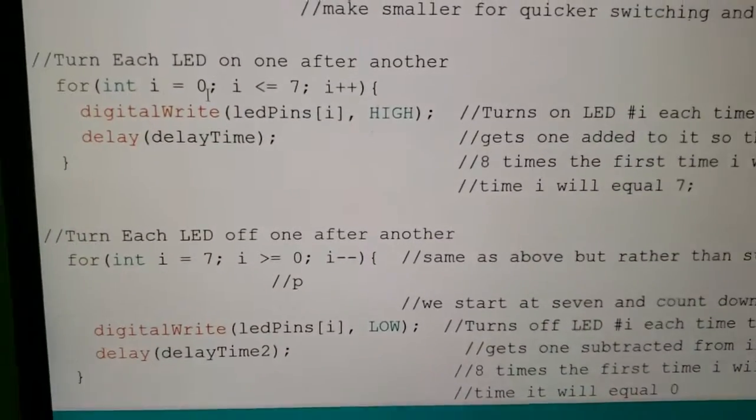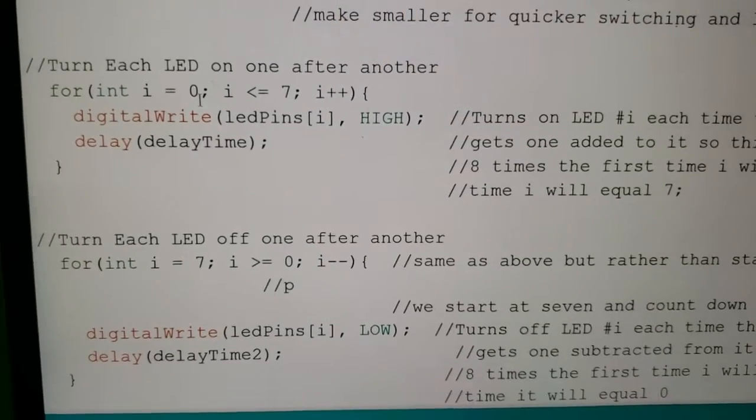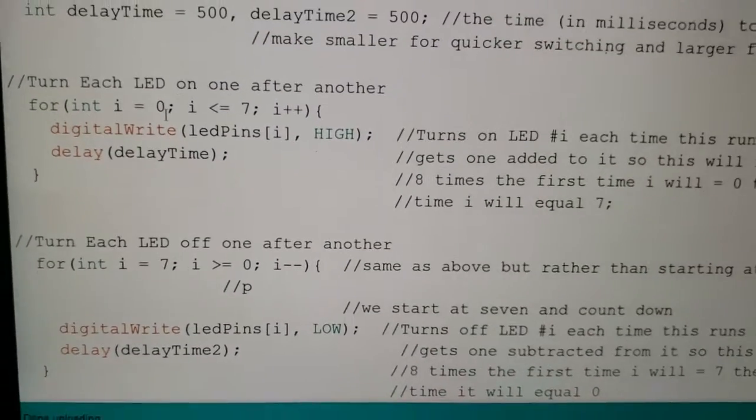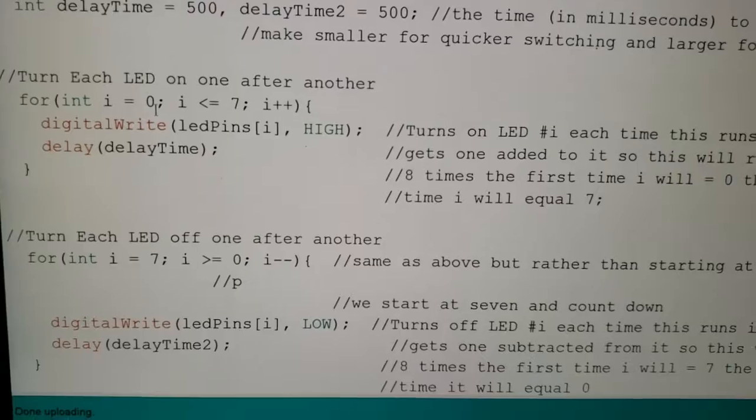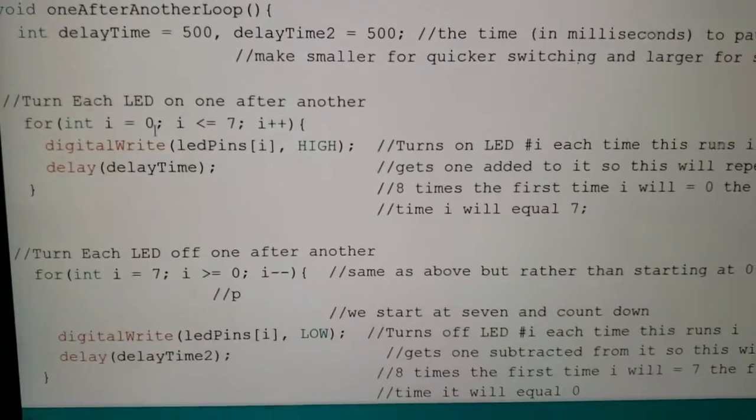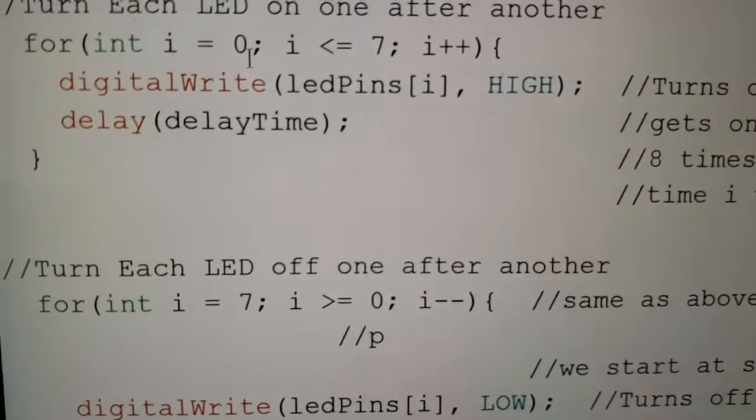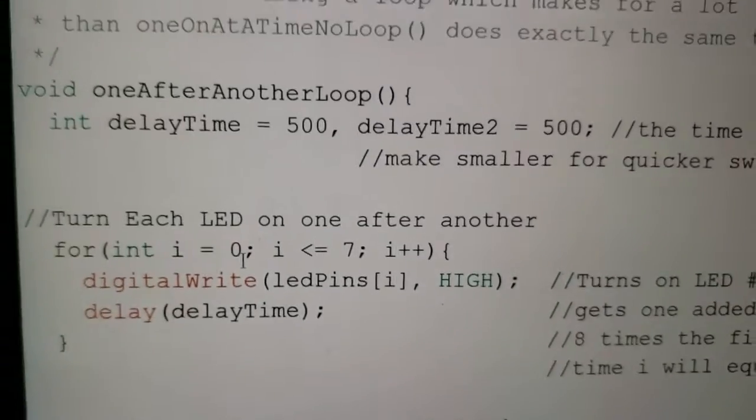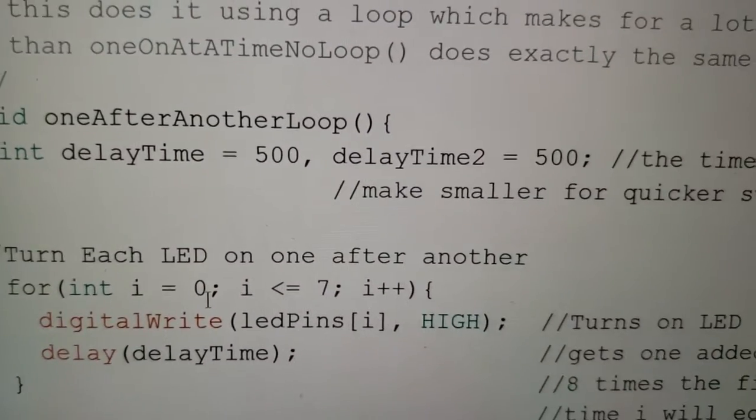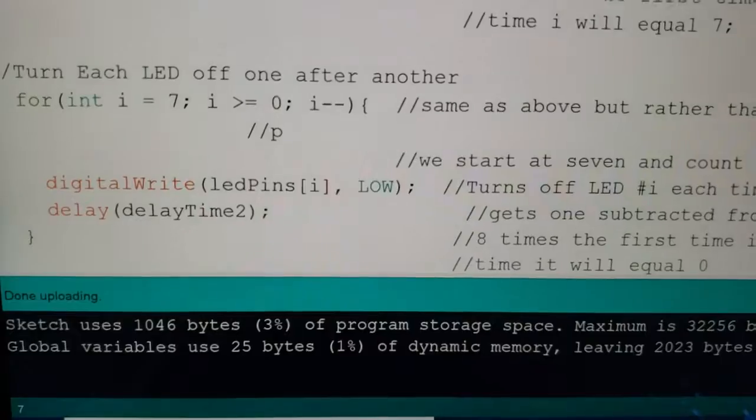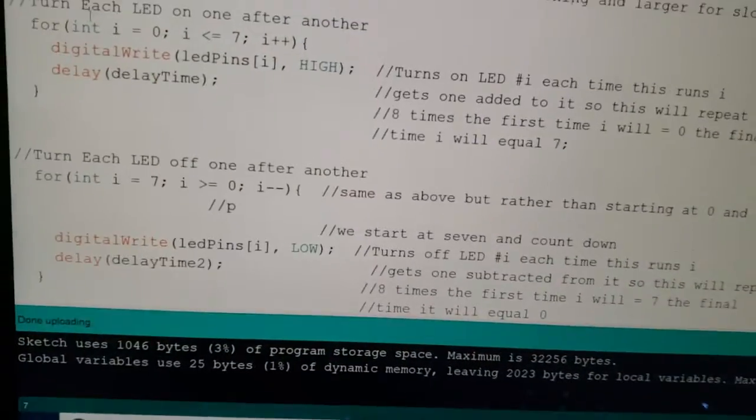And then we have here digital write LED pins I high. So it means the total of those pins is going to be high, which means it's going to be on. We make use of delay time, which is the first variable of 500. And then for the off time here,